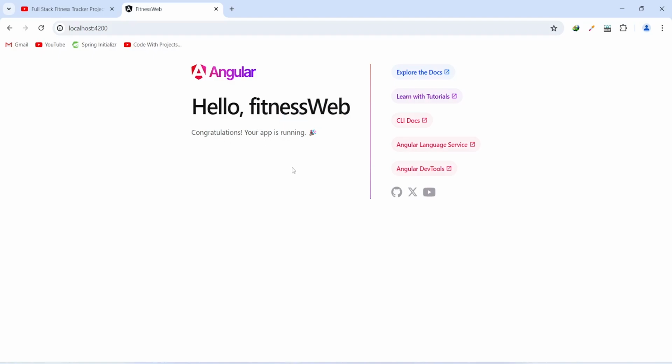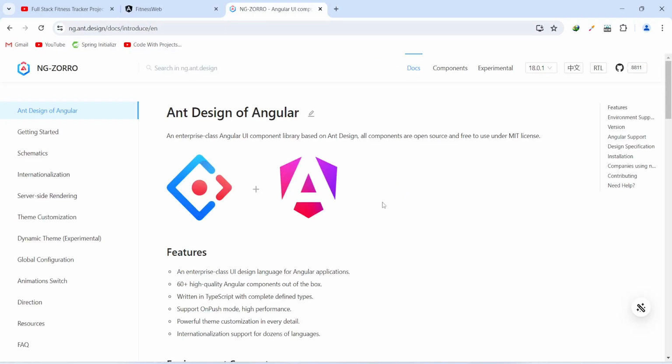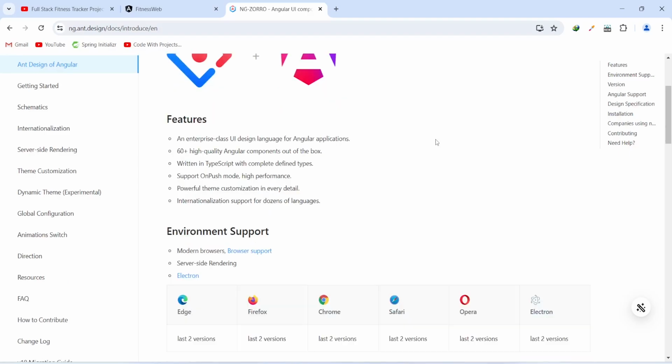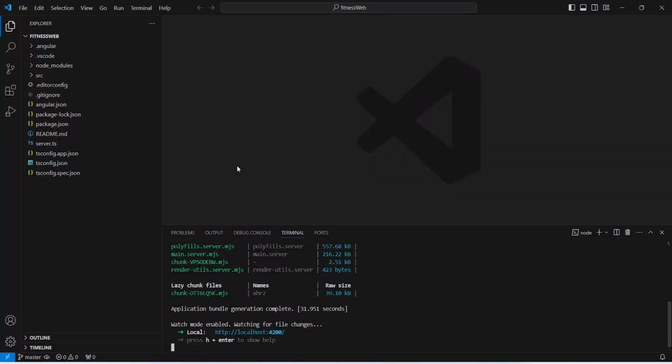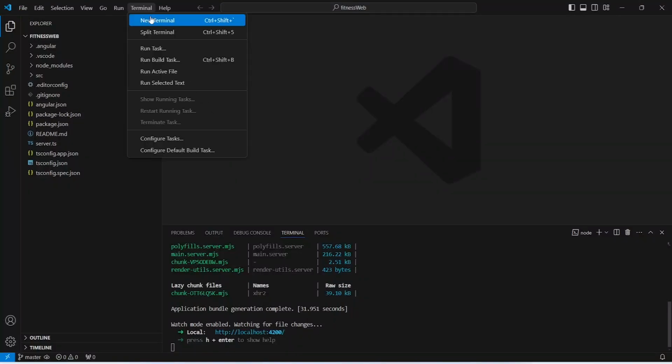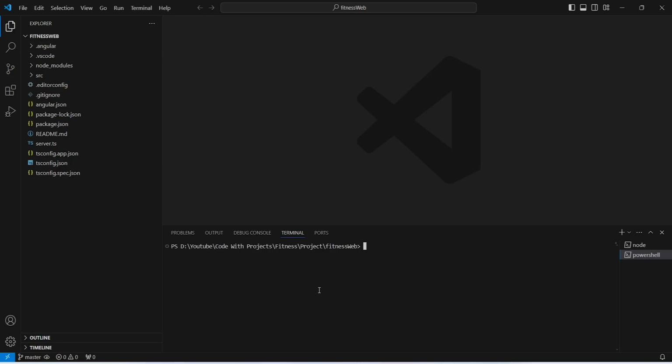And after this we need to install UI library ngZorro in our Angular project, and to install this library we need to visit ng.ant.design, and on the docs introduction page we will scroll down, and here we will get the command to install it. So we will copy this command and we will go back to our Angular application, and in our Angular application we will create a new terminal, and in this terminal we will paste this command and we will hit enter, and as you can see it is searching for the compatible version,